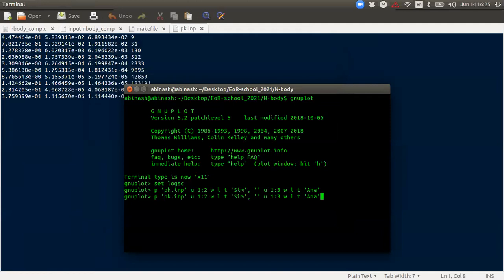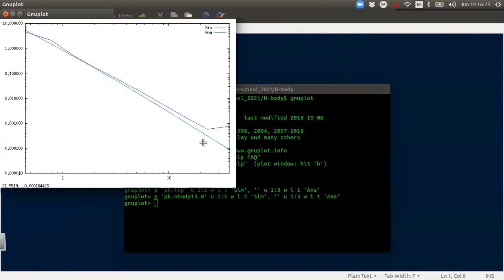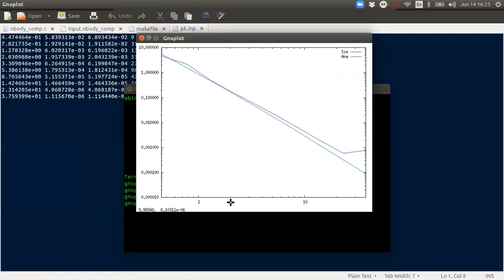Now I will plot some of the outputs which we get from the n-body simulations. So let's say I plot for redshift 13. So here you can see that on small k values, so this represents the k values, small k values represent very large scales. So on large scales, the simulation and the linear theory kind of agree, very close. But on small scales, that means large k values, you see that there is a deviation, and the simulation is predicting more power compared to the analytical, which is expected in case of